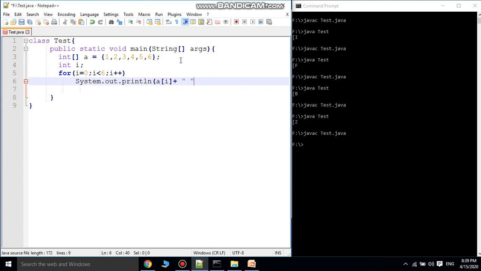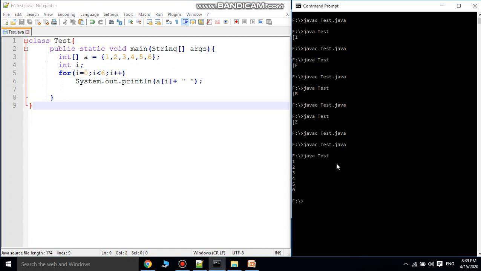Use one space. If you want to print all the elements, compile the program and see 1 2 3 4 5 6. If you want to display all the elements in a row, then delete this new line. Now 1 2 3 4 5 6.